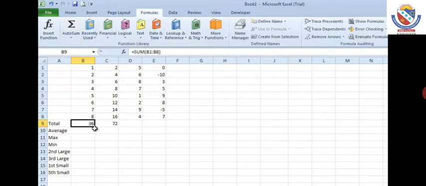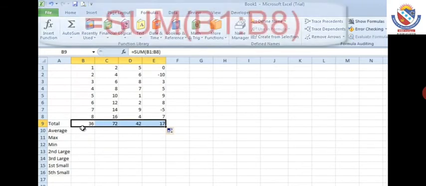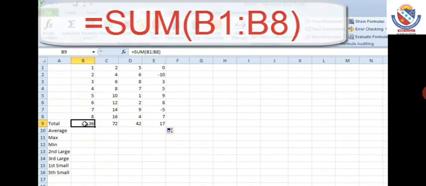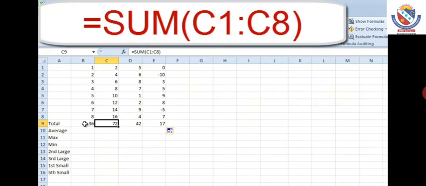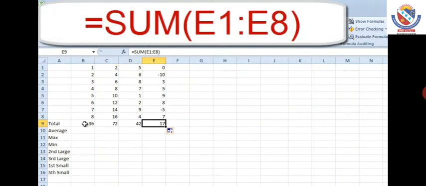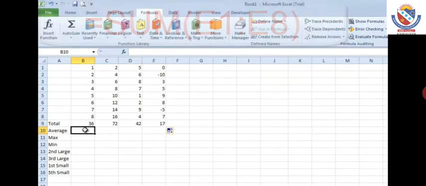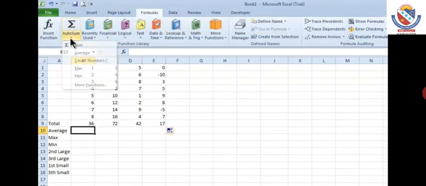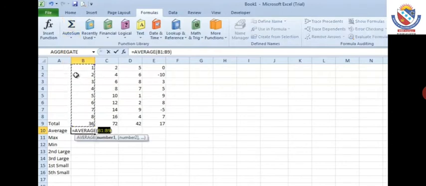You can drag this function to other columns also, and the operation will automatically be performed in the other columns by dragging the formula.